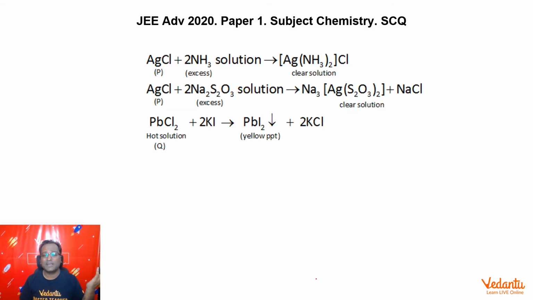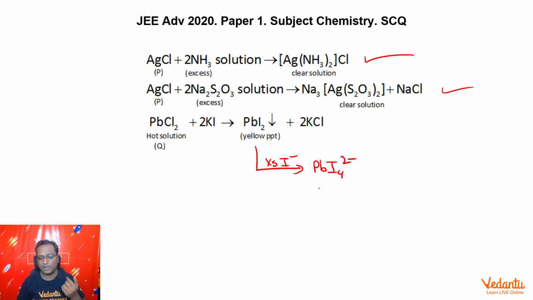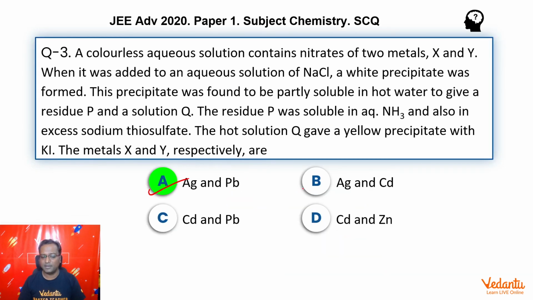Then the next part says that P is soluble in excess ammonia solution. We know that Ag+ salts are soluble in excess ammonia solution, giving this complex. They are also soluble in excess thiosulfate solution, giving this complex. We know that PbI2 is a yellow precipitate, and we also know that if we use excess I minus, it will dissolve, forming PbI4 2-, although this was not part of the question. Okay, guys? And therefore, the answer here indeed is